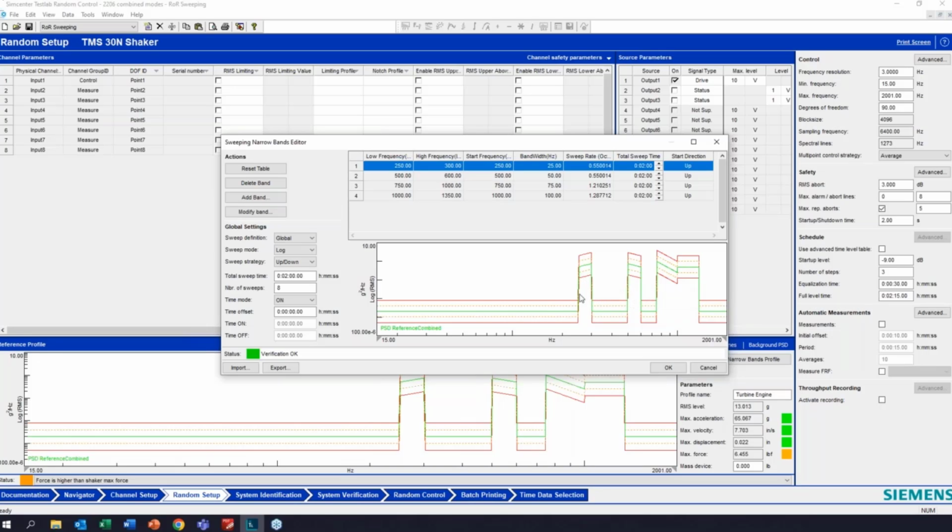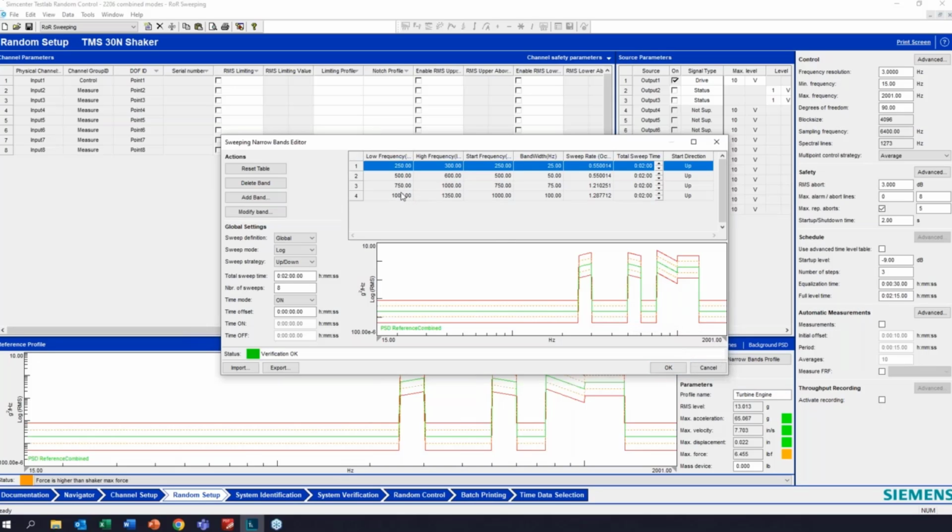It's a multiplier of this main frequency. So again, the way I've defined it, they're going to sweep in the same band. So the definition is the same for sweeping in each band.